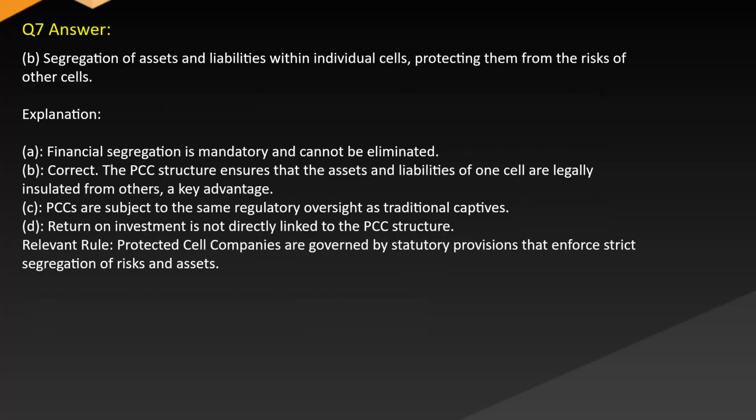Answer B. Segregation of assets and liabilities within individual cells, protecting them from the risks of other cells. Explanation A. Financial segregation is mandatory and cannot be eliminated. B. Correct. The PCC structure ensures that the assets and liabilities of one cell are legally insulated from others, a